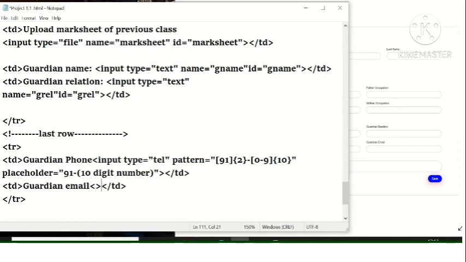Many students have made this kind of mistake in this assignment, that they have used the input type as text, whereas the input type is going to be email, and that takes care of all the format of the at the rate which will be used in the email. You cannot make any other entry in this particular format of input type email, and this is a required mandatory field.